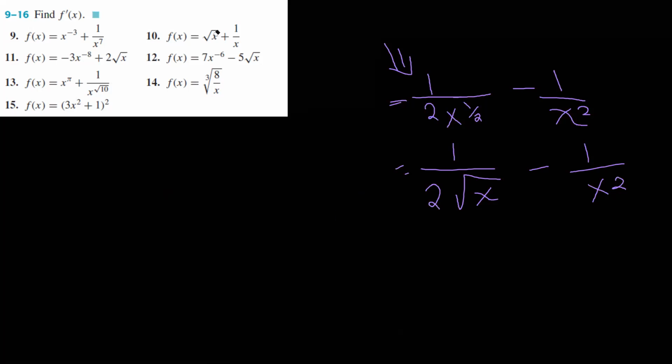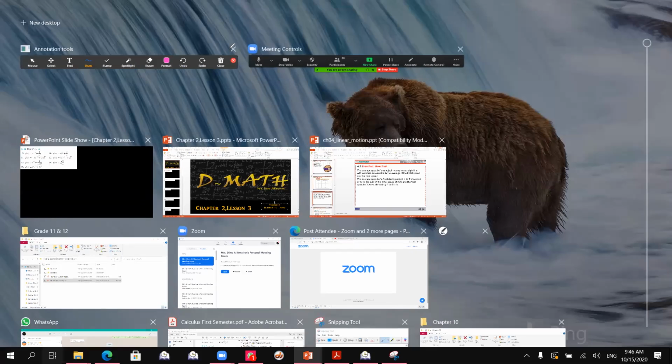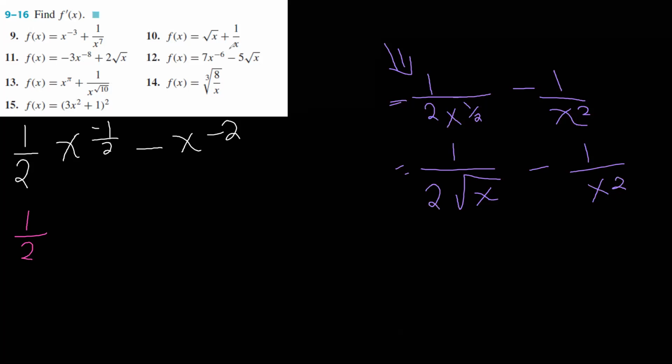Now, it is half x raised to the power half minus x raised to the power -2. I now know, I want now to simplify it. How will it be? Half, keep it as it is. Then x,